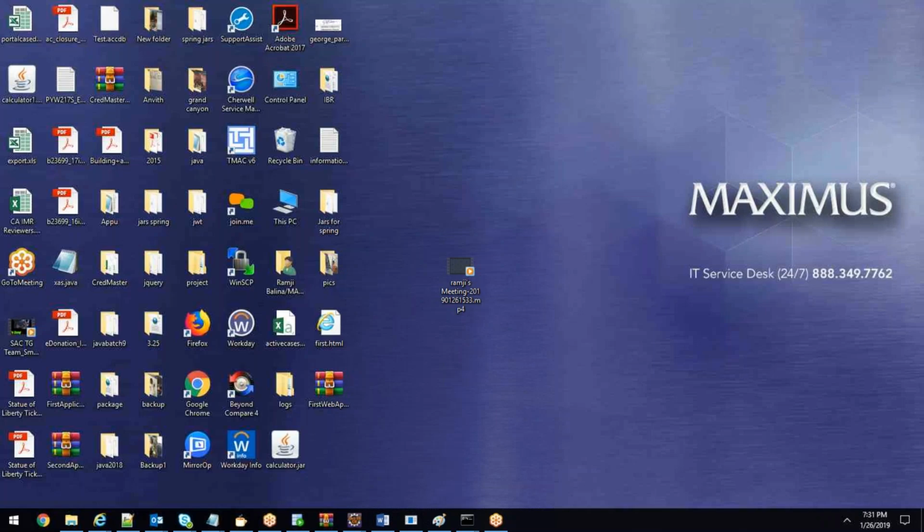Now if you go to the desktop, you can see the first web application.war file. The entire web project is exported as a war file, correct? Agreed? Yes. So now I want to keep this war file inside the server, because